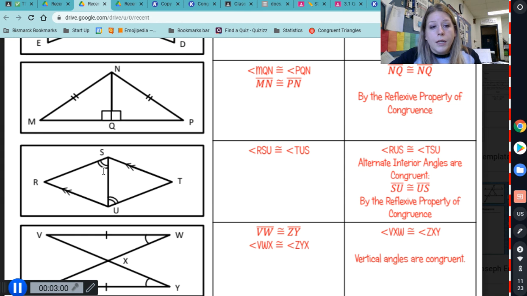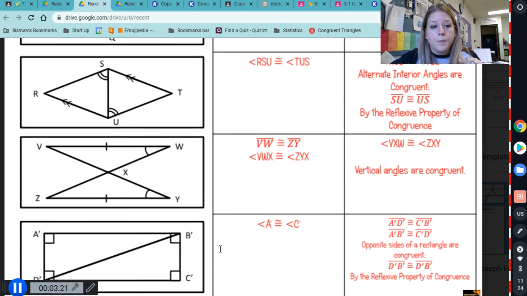Information on this one was actually marked. The two parallels don't help us directly with the triangles being congruent, but they do give us the other angles. Angle RUS and angle TSU are alternate interior, and then side SU is shared